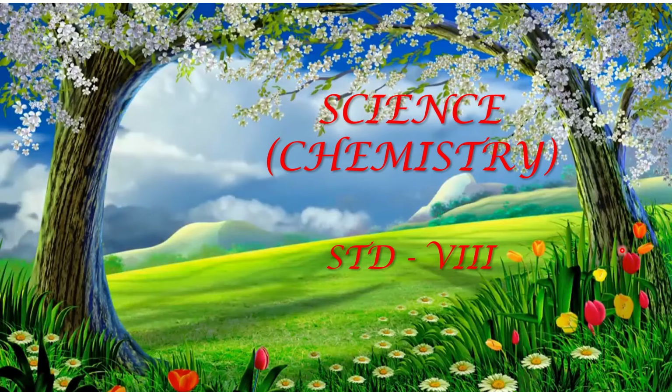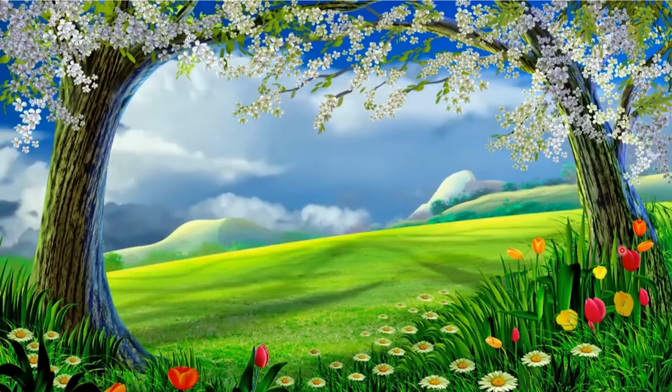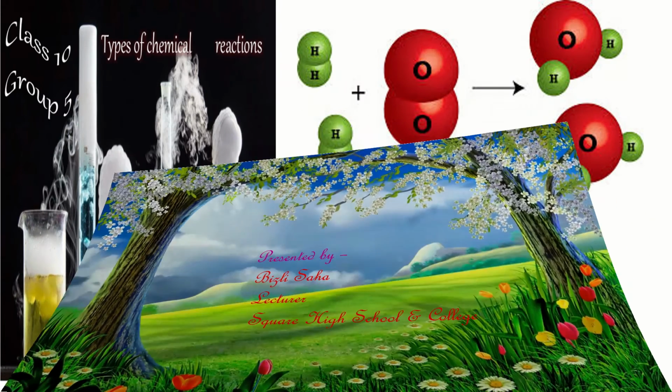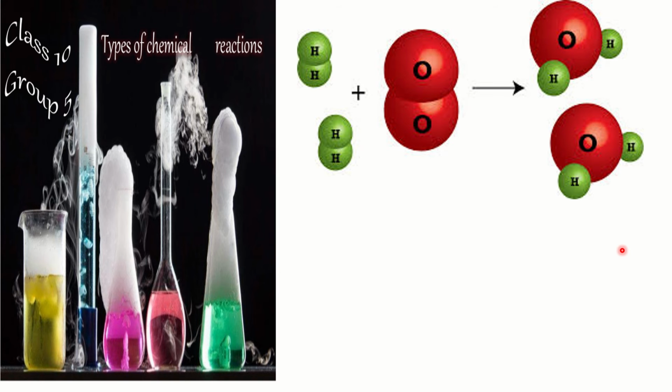Dear students, we are talking about chapter 8 of your science book. Now, dear students, look, every day different types of phenomena occur in our surroundings, even in our home. Most probably, your mother is cooking on the gas stove, isn't it? Do you know this is a chemical process also? Because here natural gas is burnt. So dear students, at first we have to know what is chemical process.